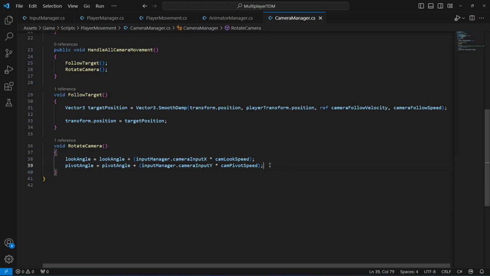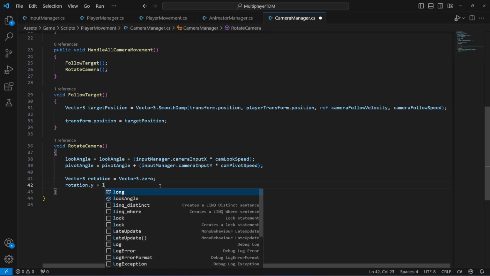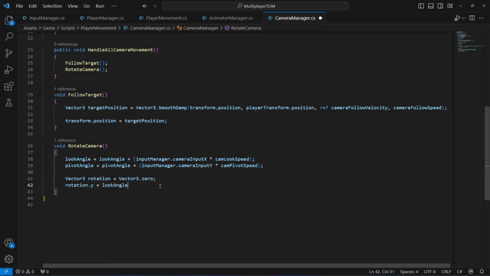So once you do this, right here on our rotate camera, we now have the angles for up and down, left and right. Now let's actually rotate our camera on those angles. So first of all, we're gonna create a vector 3 by the name of rotation, and we want this vector 3 xyz to be 0. So we will just simply say vector 3 dot 0. Then after this, we will say rotation dot y, and the y of this will be equal to our look